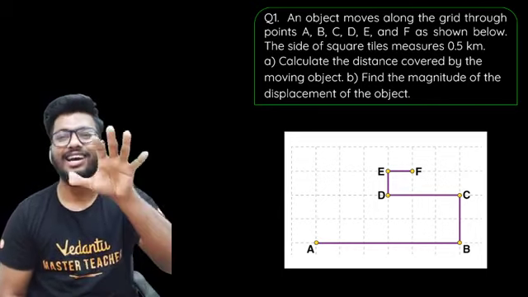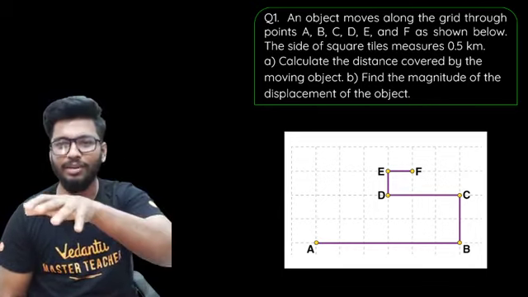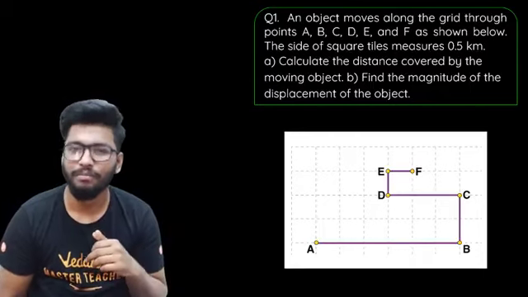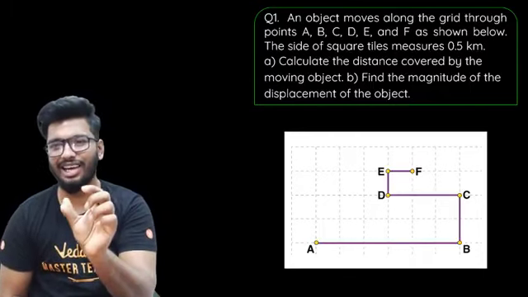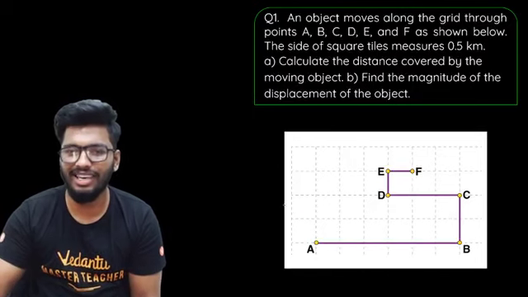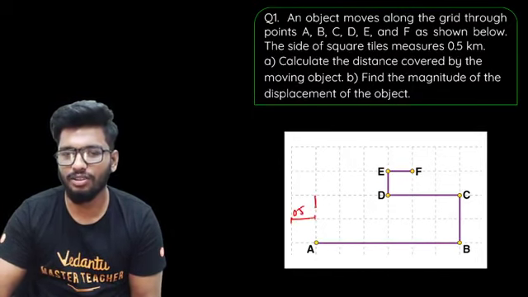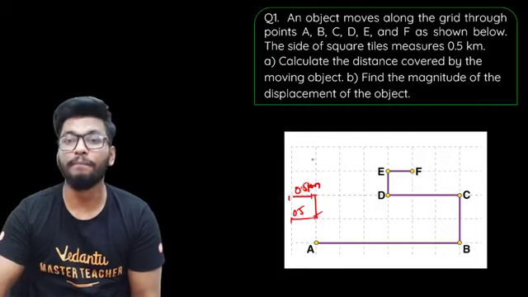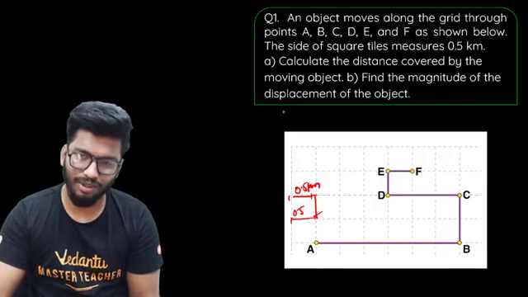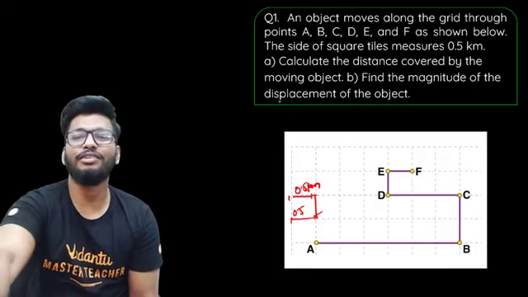Alright, the question is this: an object moves along the grid through A, B, C, D, E and F as shown in the figure. The side of the square, each tile, measures 0.5 kilometer. That means each of these is 0.5 kilometer. This is also 0.5. This is also 0.5. So all of these, each cube is basically 0.5 kilometer. Calculate the distance covered by the moving object and also find the magnitude of the displacement of the